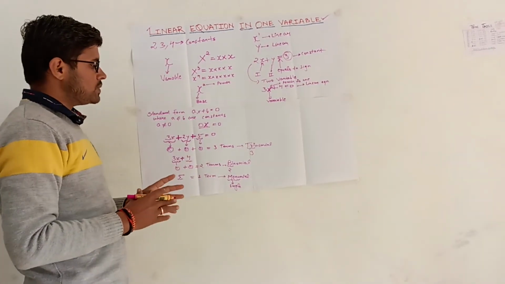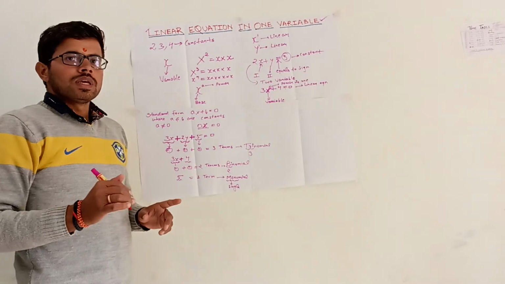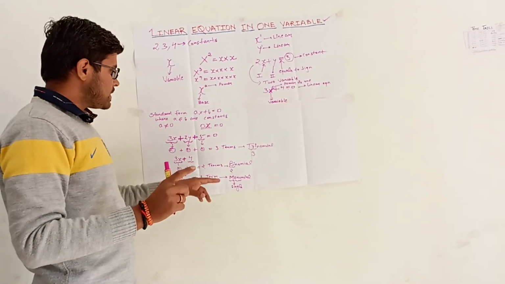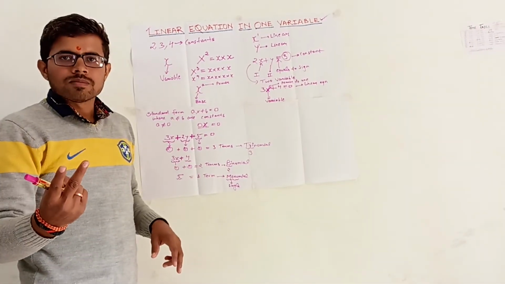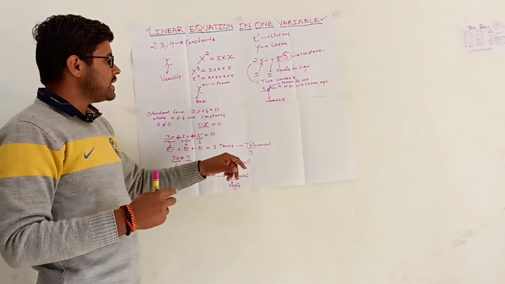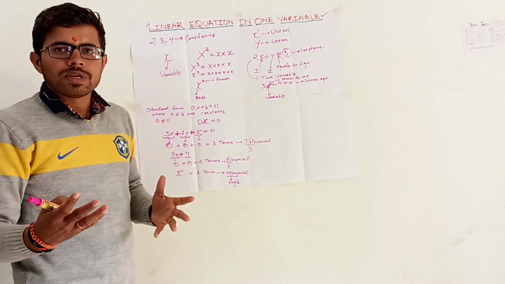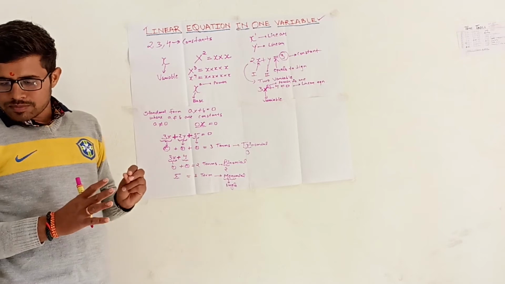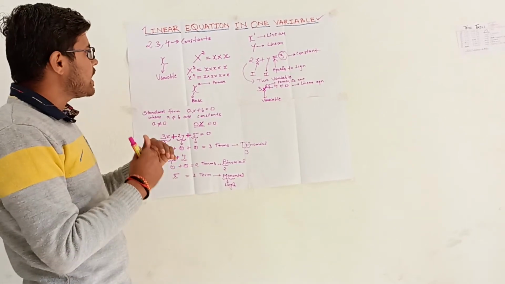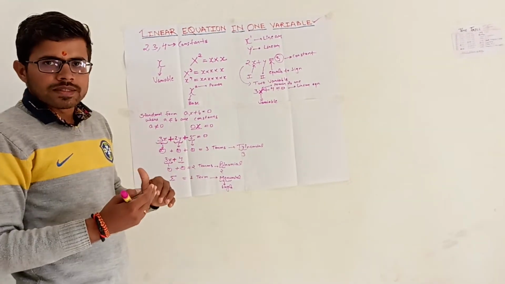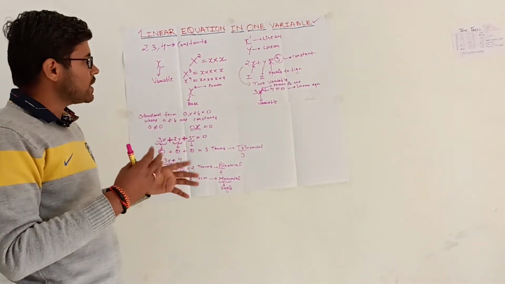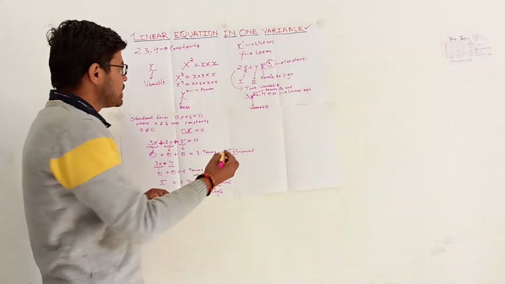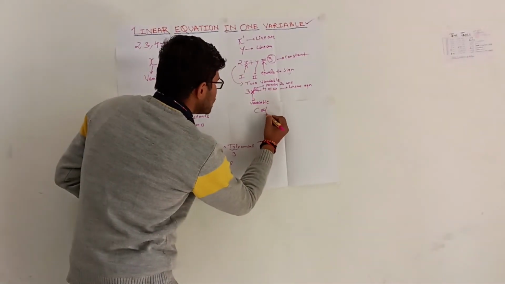So according to the number of terms, if it has one term, it will be called a monomial. If it has two terms, it will be called a binomial. And if it has three terms, it will be called a trinomial. So now we know how to find the number of terms. Now let's move to like and unlike terms and the coefficients. I will just take a quick view of the coefficient, how to find the coefficient, because we are running out of time.